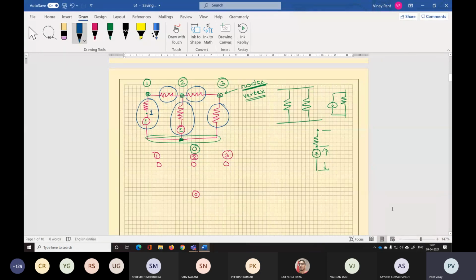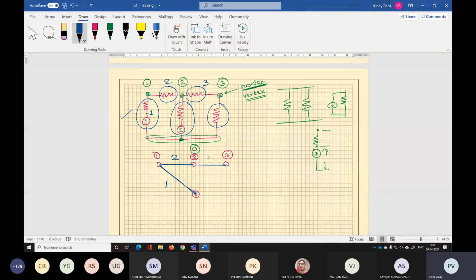Okay. What is connected between 1 and 0? Element number 1. So I'll replace this with a straight line. This is element number 1. What is connected between nodes 1 and 2? Element number 2. So this is our element number 2. Connected between 2 and 3 is element number, let's say 3.